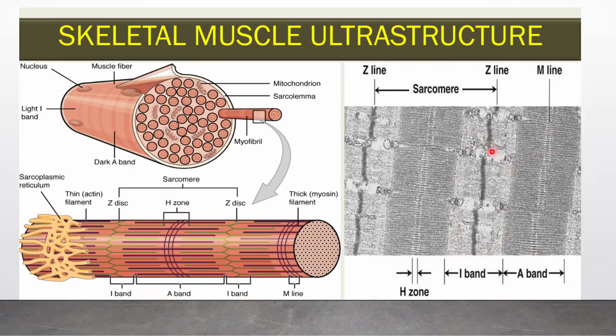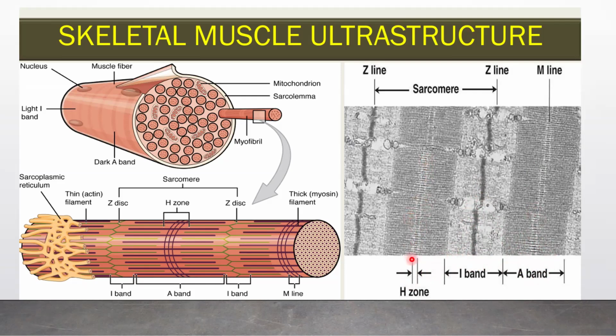So you should have two bands, dark bands and lighter bands. The lighter bands are the I bands, the darker zones are the A bands. The A bands are actually made up of the myosin filaments. The I bands are made up majorly of actin filaments. So in between now, in the A band, we have an H zone. And this H zone at this point will be a region that is lesser staining,